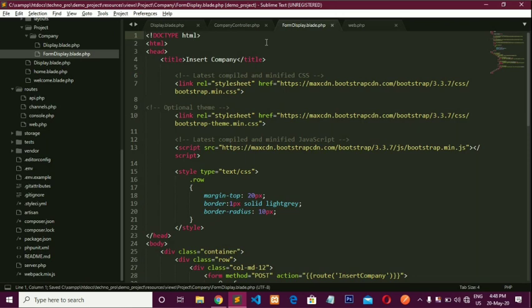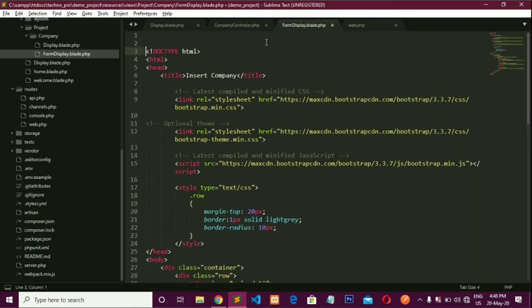Here we have to write some logic. Why? Because whenever no data is passed to this form, you need to perform the insert operation, and on the other hand when some data is passed to this form, you need to perform the update operation. But for these two operations you use only one form. So here you have to manage that if some data is passed to the route, then I need to perform the update operation, otherwise I need to perform the insert operation. So write the code for that.